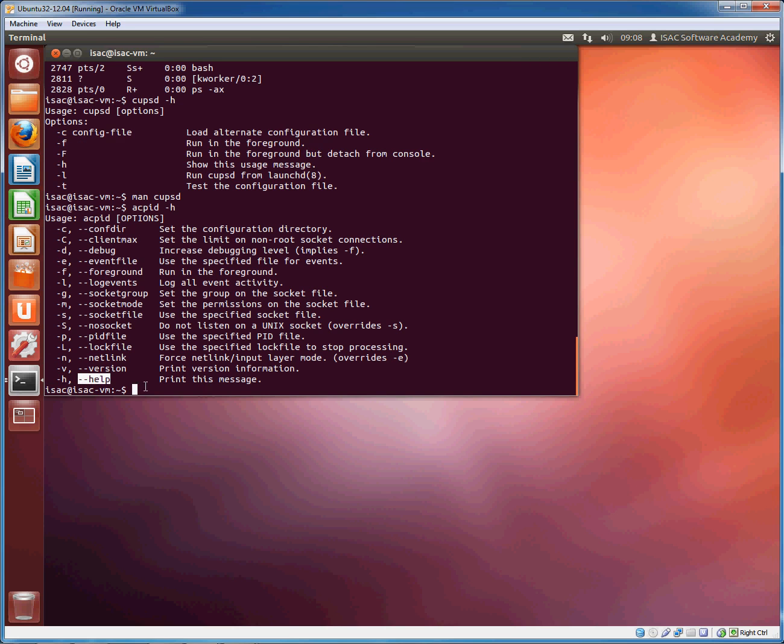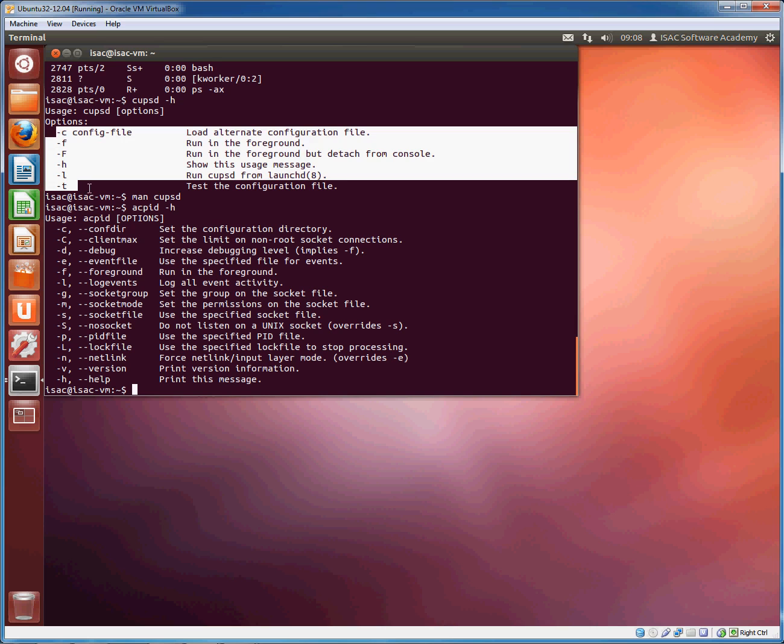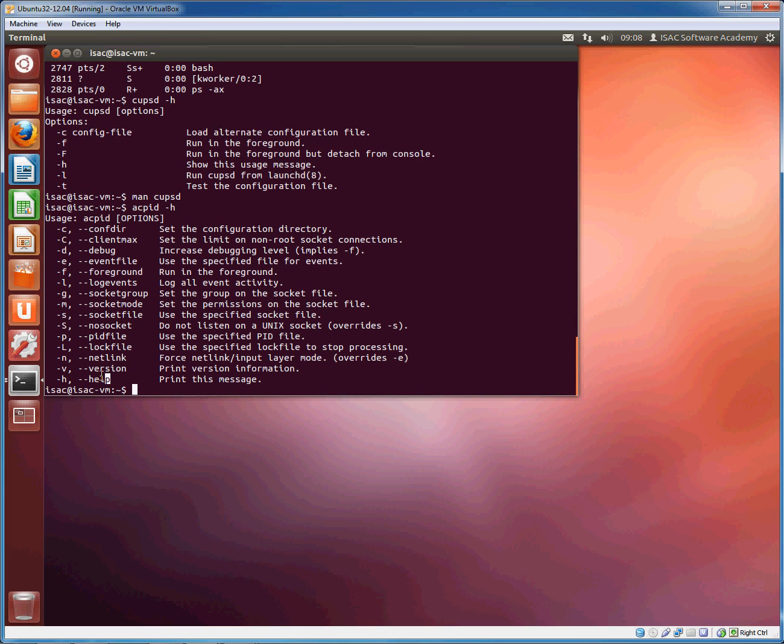Now it depends on which ones you're actually looking into, but you'll probably find this will be more common more often than not. However, this particular format is exceptionally common in Linux, so you should probably get used to that as well. Now, as you can see, you can also debug. So if you're having issues with your ACPI, you can actually debug it to find out what's going on. So there is always that option,